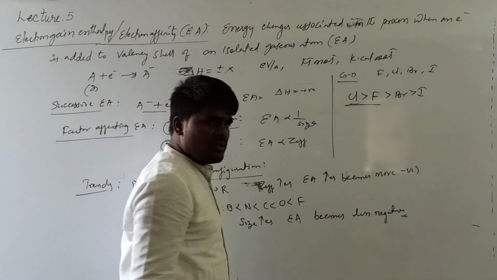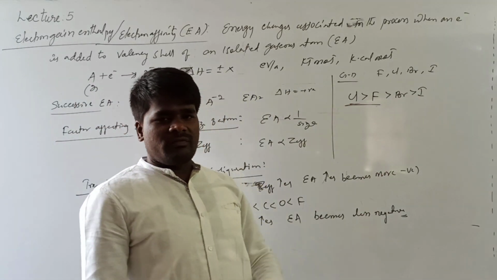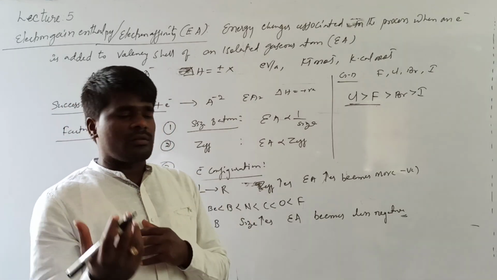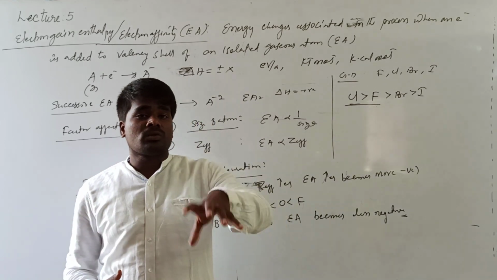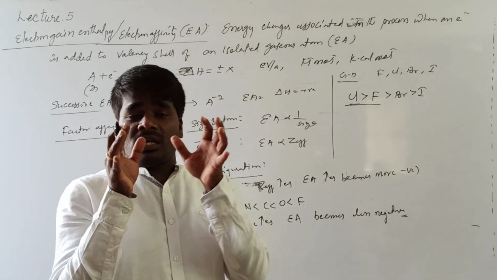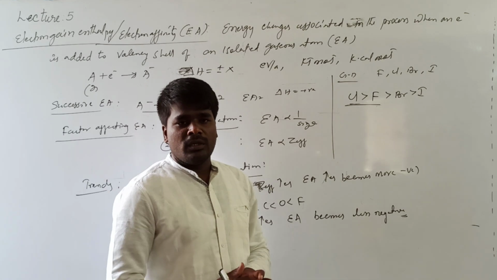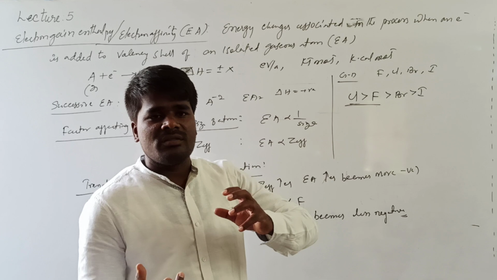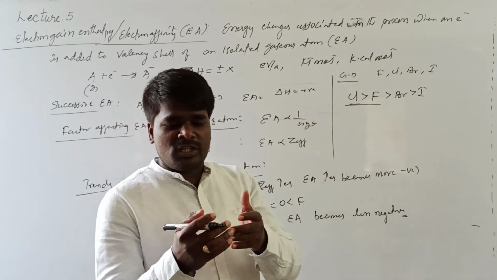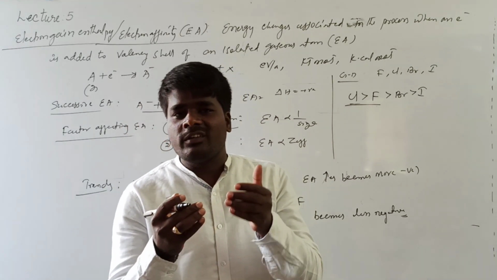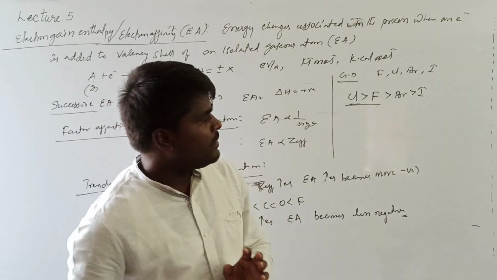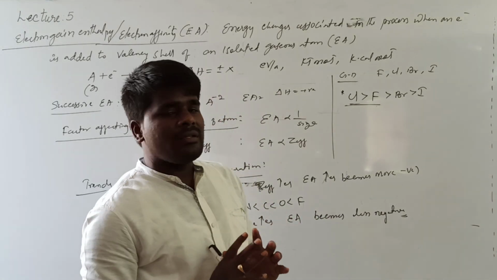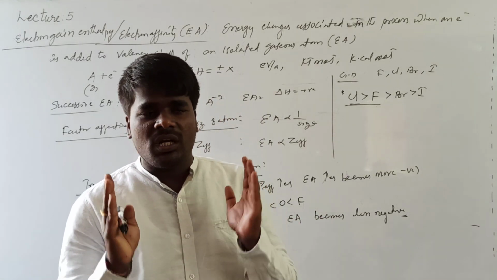Why is such an exception there? See, because of the smaller size of fluorine, and already there are 7 electrons in the valence shell. When you are trying to add one more electron, even though fluorine is the most electronegative atom in the periodic table, its electron affinity is less than chlorine. You need to understand this. Because of the smaller size, when you add one more electron to the valence shell, there are inter-electronic repulsions by which the electron affinity of fluorine becomes less than chlorine. So this is an important exception. By this, chlorine is the element of the periodic table having the highest electron affinity.